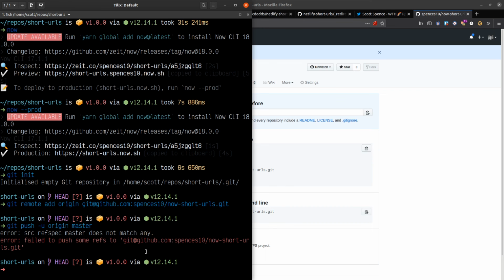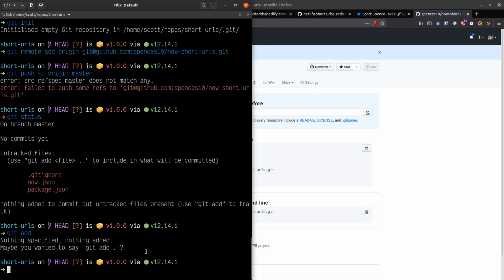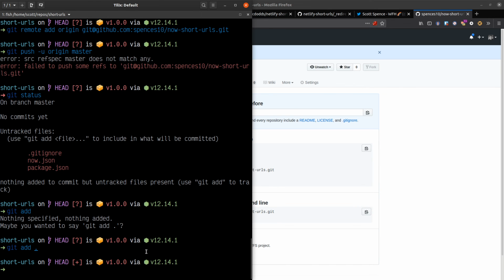So, failed to push some refs. Oh right, okay, because I haven't actually added anything. So if I say git status, it will show that those files have not been committed. So if I say git add, maybe you want to say add. Yes, I did actually. This is the danger of using aliases, because I just do G space A, and then